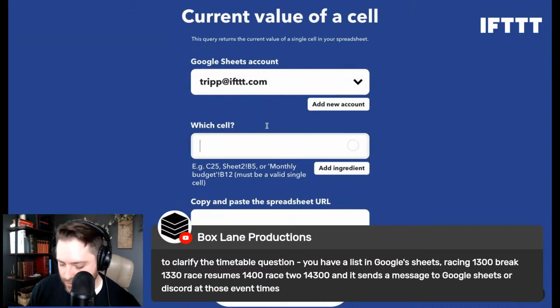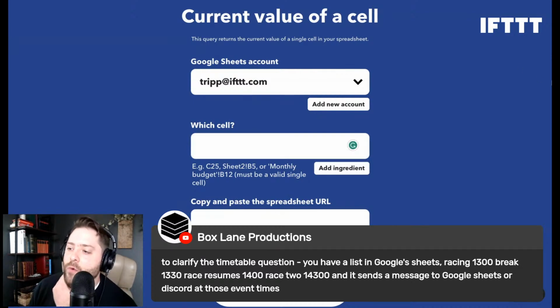So it could be A2, B12, etc. Whichever cell you want to share with the user or the audience on Discord, just choose that specific cell. Hopefully that answered your question.